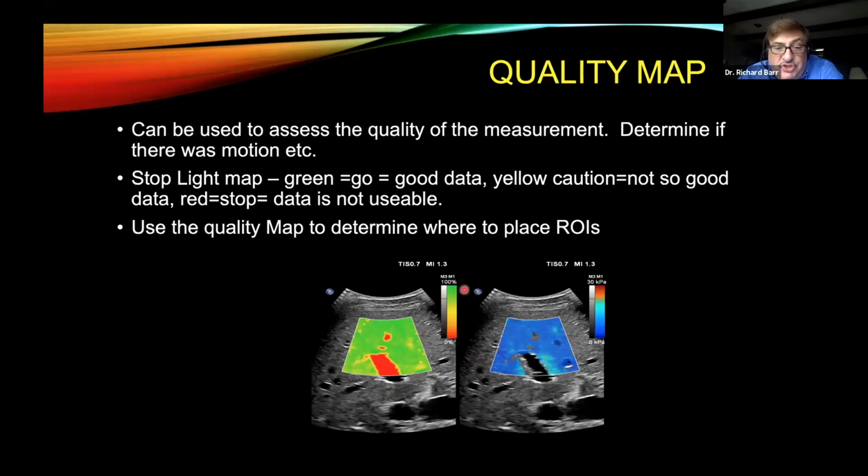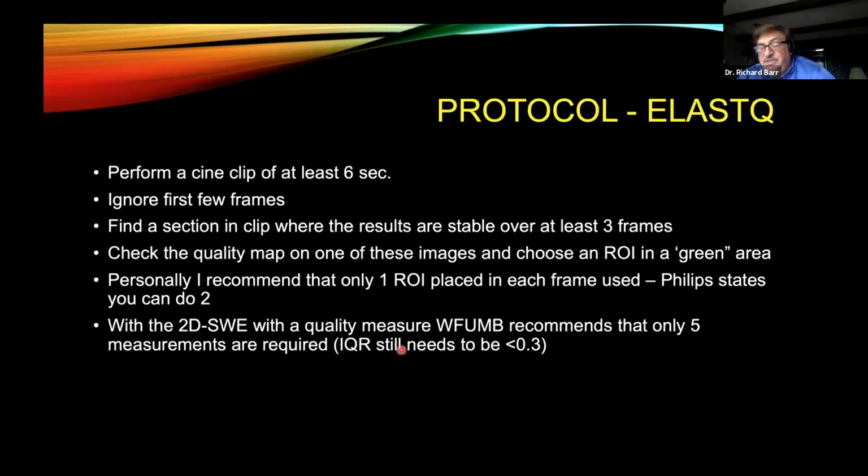And what we really want you to do is do measurements in these green areas. So here you can see where the blood vessel is, and it's much wider that it's red because we've got artifacts surrounding the vessel. These other little areas of low confidence are probably vessels here and here, but there may be vessels just in front of or in back of that are causing artifacts. So this will allow you to find that area that's green. So maybe in here or in here, we've got the best area to do our measurements, and that will really improve the quality of our measurements.